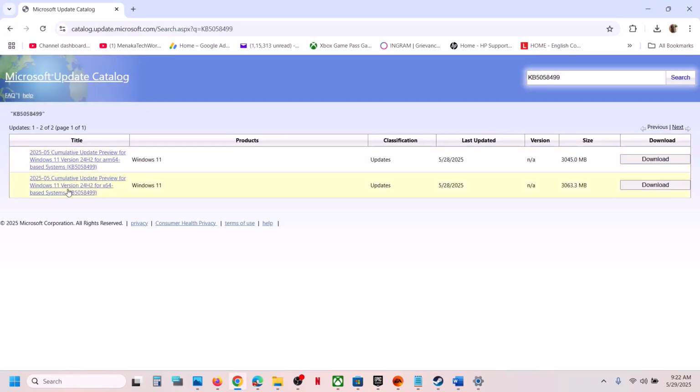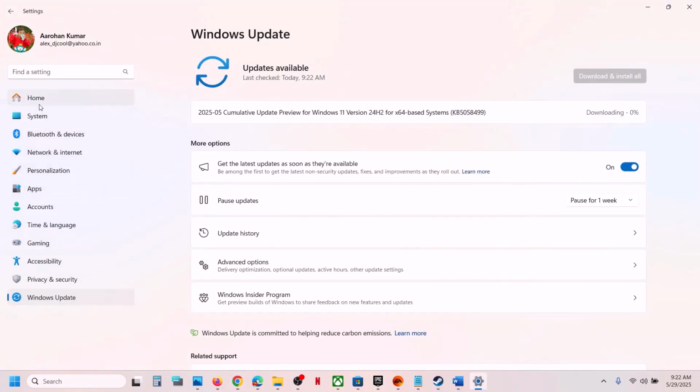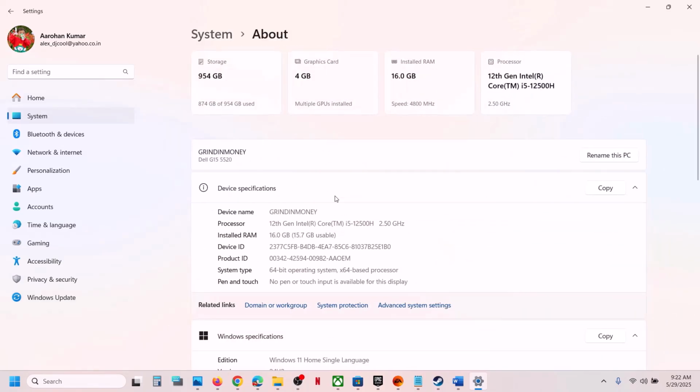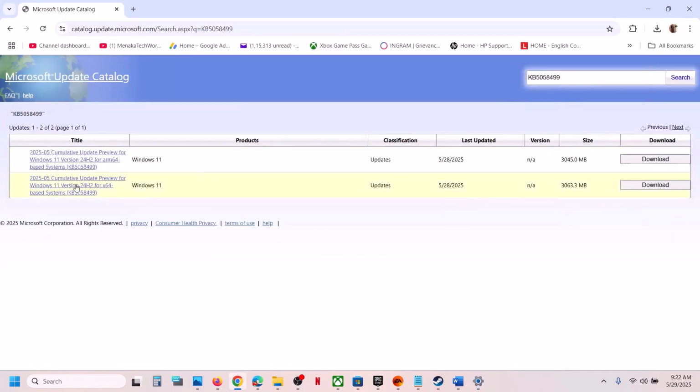And over here you can see Windows 11 version 24H2 for x64 base system. This is the right one. You can check what kind of system you have. You can go to system and then you can go to about, and over here you will see the system type. So in my case it's x64. So Windows 11 version 24H2 x64. Now click on download,